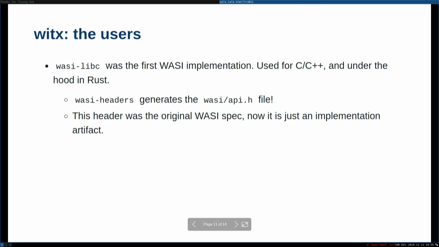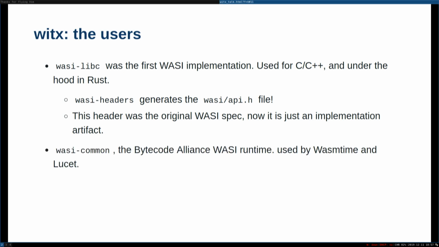If you check in a change to WASI LibC, and this ends up being a different implementation, CI will catch it. As you upgrade to a new snapshot, you just point the build script and say, I'm targeting that new snapshot, and it'll tell you all the things. It'll generate the new header file, and then the C compiler will spit out all the places where your implementation doesn't quite match up, to the point where the C compiler is able to, which is not great, but better than nothing. So that's a userland implementation of WASI.